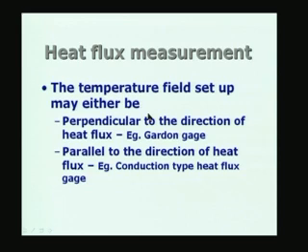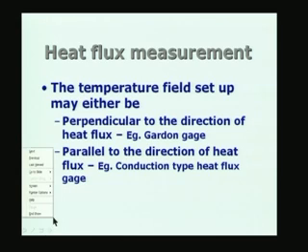For example, I can have the temperature field set up in the sensor perpendicular to the direction of the heat flux, and I will explain it on the board in a moment from now. So example will be a foil gauge or Gardon gauge. Gardon is the name of the person who invented this particular heat flux gauge. Or it could be parallel to the direction of heat flux, as in the case of a conduction type heat flux gauge, which will be dealt with in detail subsequently. So let us go to the board